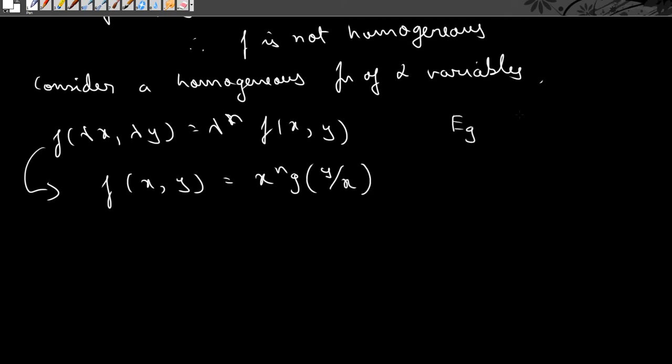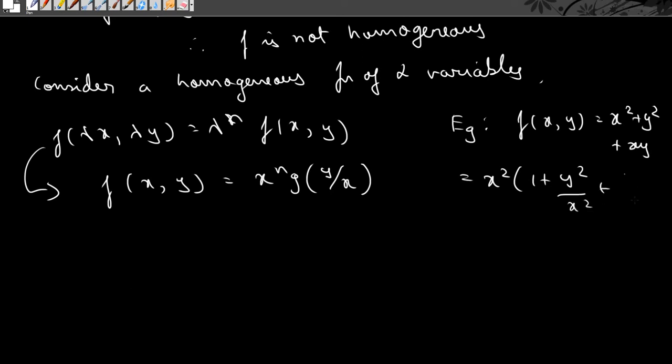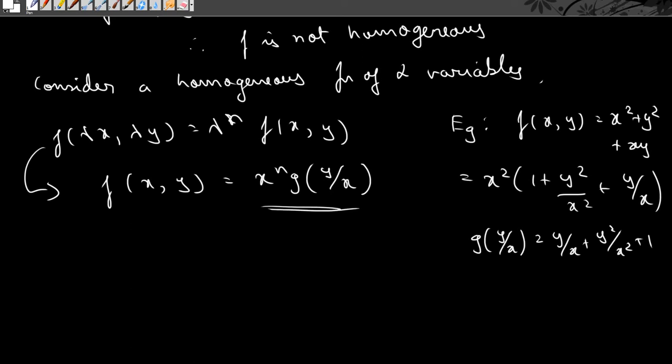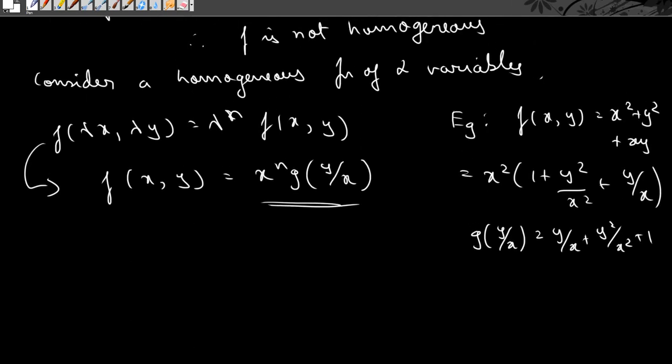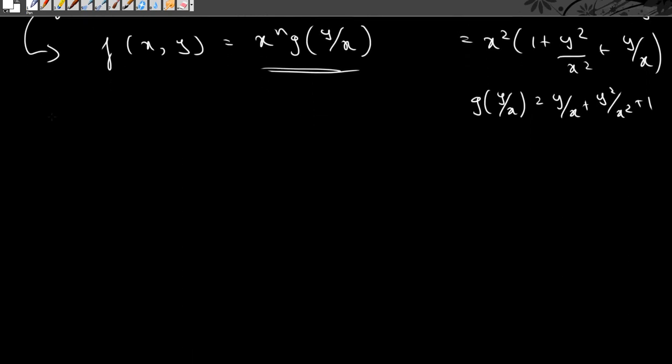So for example, if you consider f of xy as before as x square plus y square plus xy, then this can also be written as x square times 1 plus y square by x square plus y by x, correct? So here g of y by x is y by x plus y square by x square plus 1. Okay, so that is the meaning of this. Alright, so with this much information, we are ready to state Euler's theorem